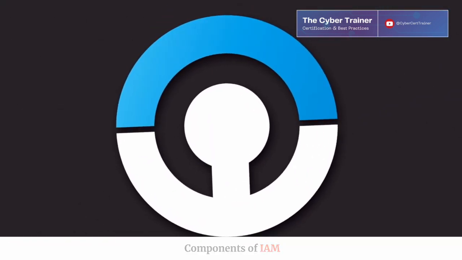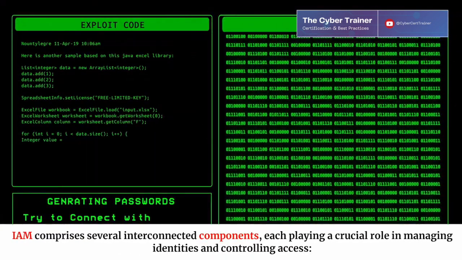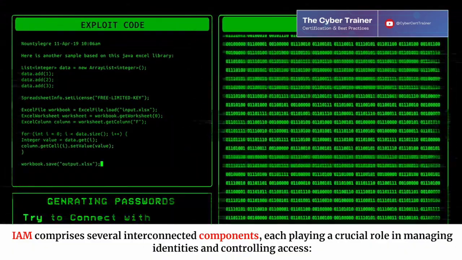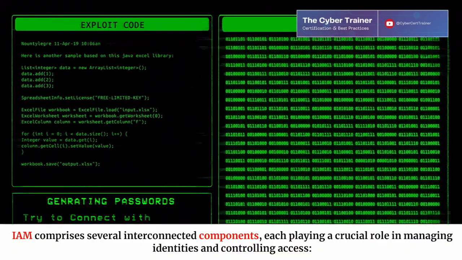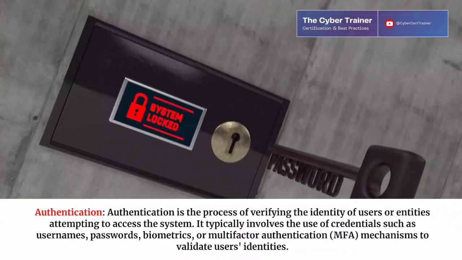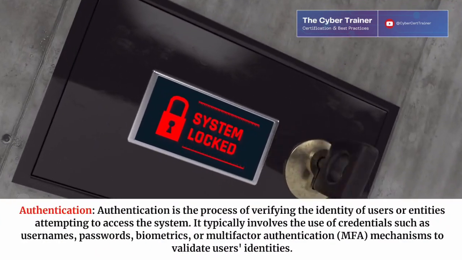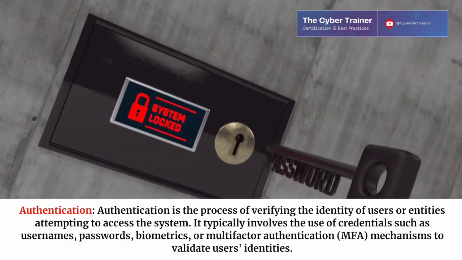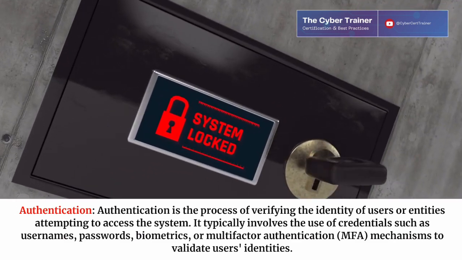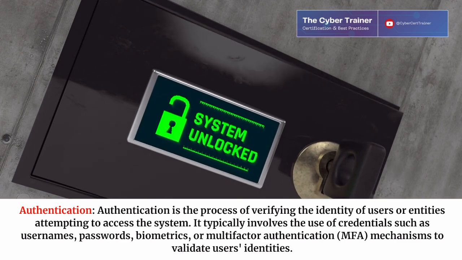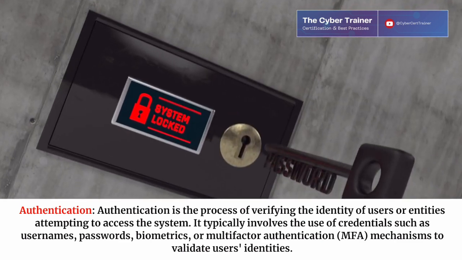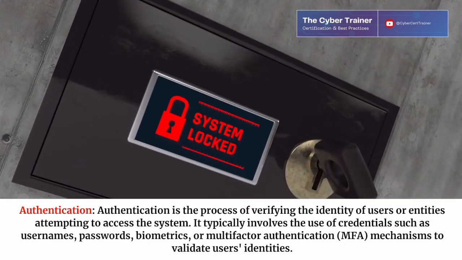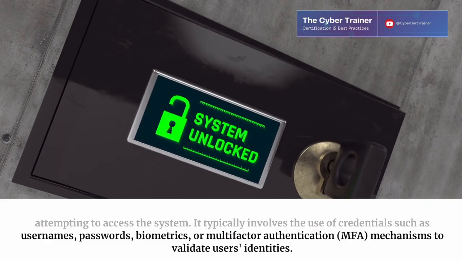Components of IAM. IAM comprises several interconnected components, each playing a crucial role in managing identities and controlling access. Authentication. Authentication is the process of verifying the identity of users or entities attempting to access the system. It typically involves the use of credentials such as usernames, passwords, biometrics, or multi-factor authentication, MFA, mechanisms to validate users'